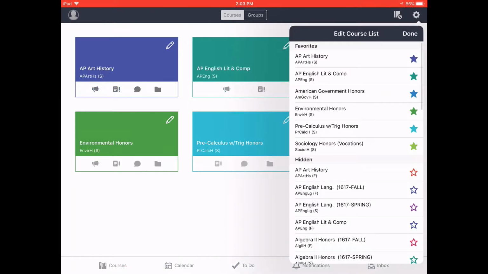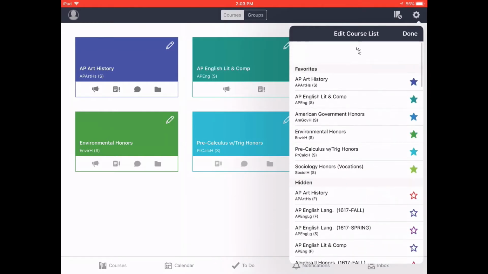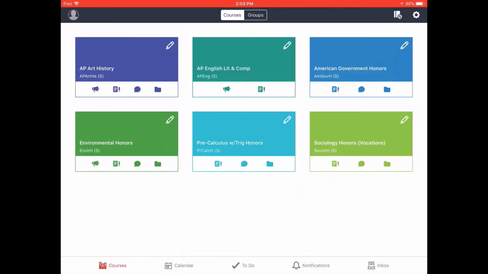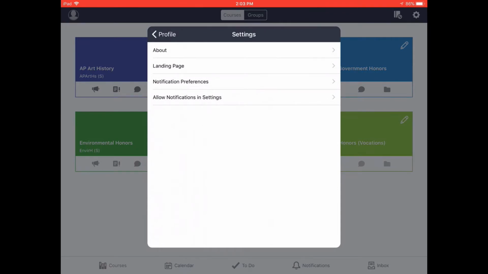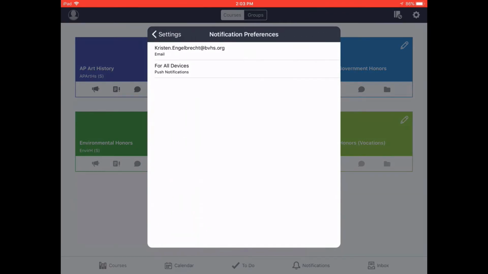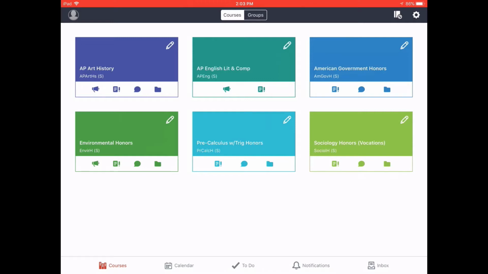Under the gear icon, you can manage which courses are hidden and which you want to see at the moment. The button in the top left-hand corner takes you to a Settings page where you can allow your device to receive notifications from Canvas. The last point we'll go over together is how to download documents from Canvas to Notability